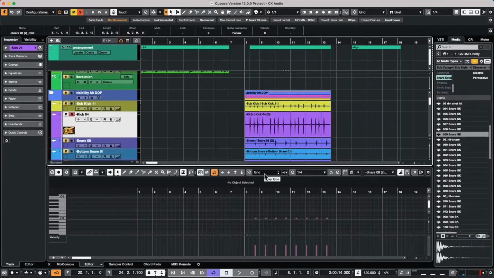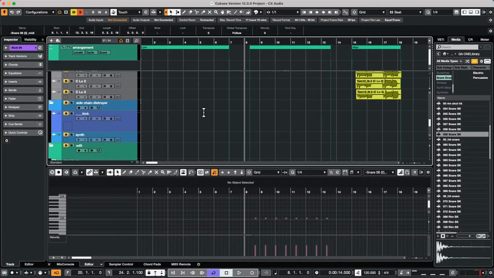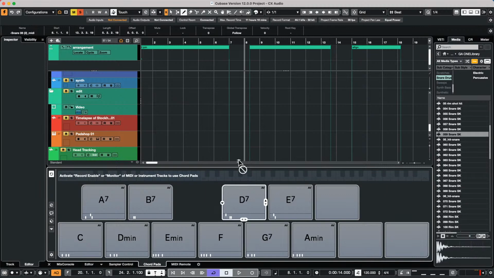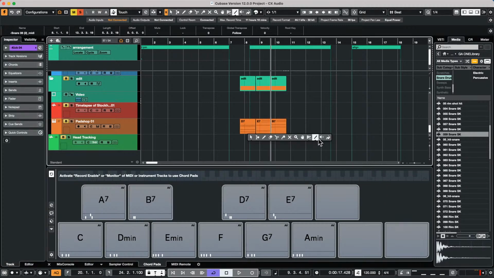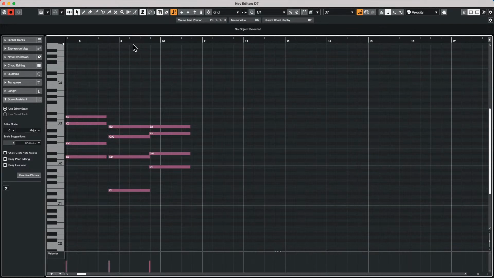All right, so we see a question: does Cubase have a strummer feature? There's a number of ways of doing very easy editing. So let's say if I had a number of guitar parts, something like this, and we wanted to